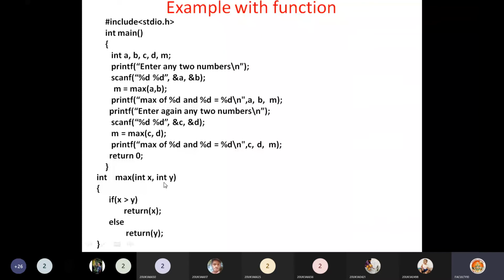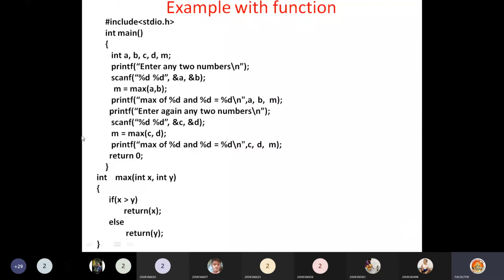Now try to just understand at a higher level the advantage of defining the function. Now there are two functions in my program. Till now we were writing only the main function. Now along with main, you can also define other functions. What for do we define a function? For performing a particular task. If there is a particular task to be performed many times, better you write it as a separate function.